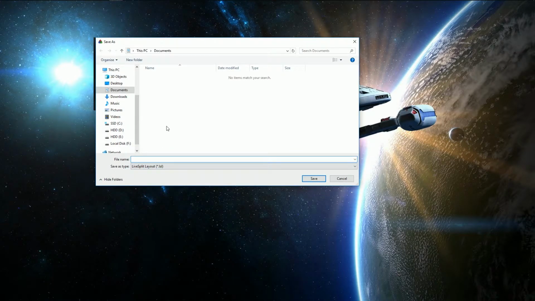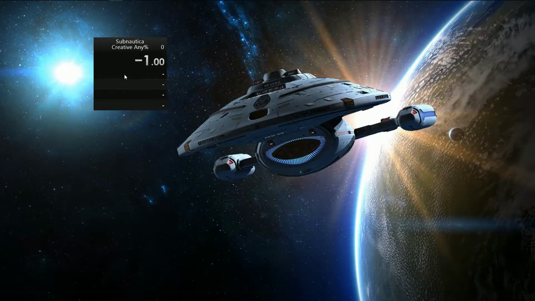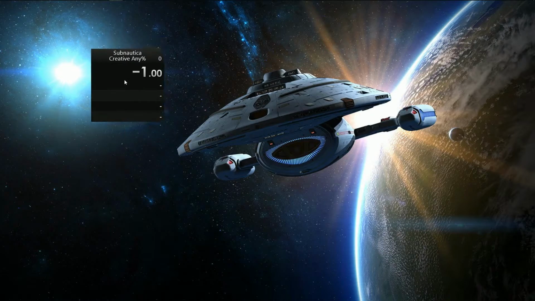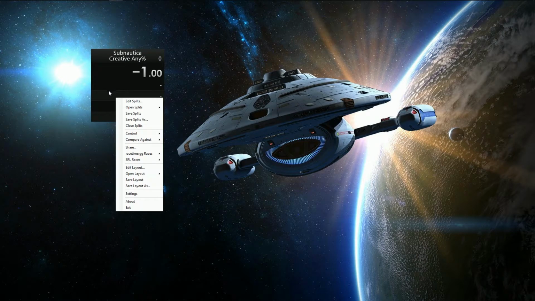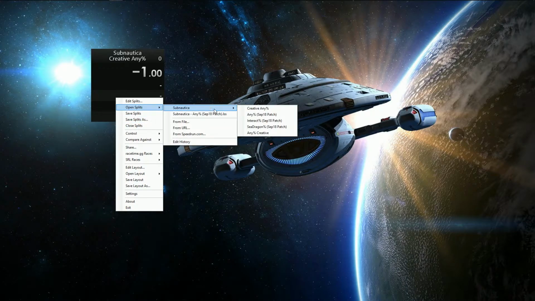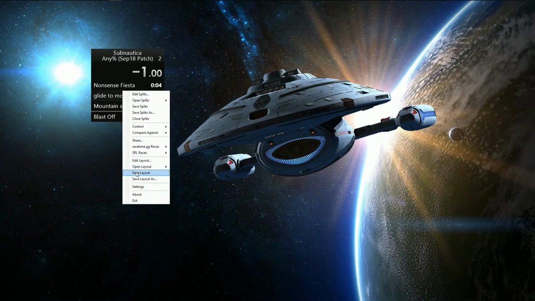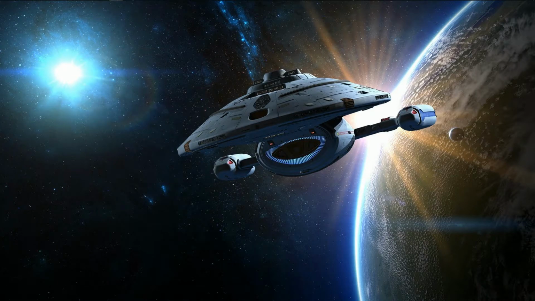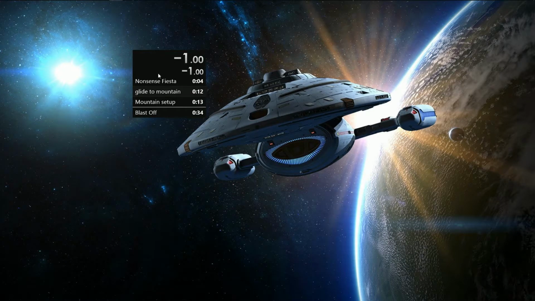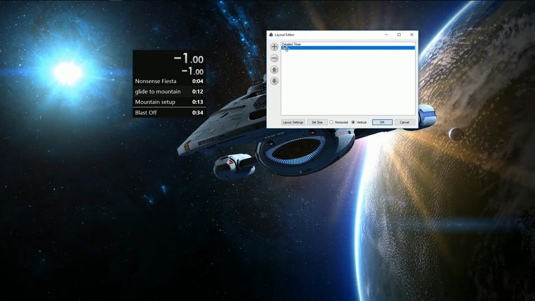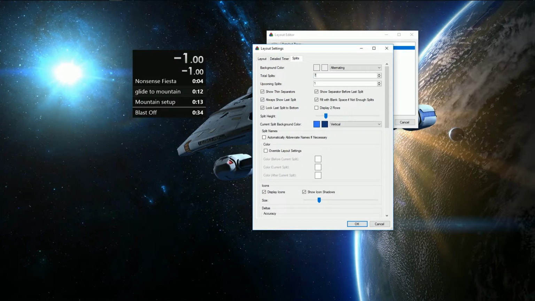and I didn't save my Any Percent layout, which doesn't matter. And then let's say I want to switch back to Any Percent. I just hit open splits, Subnautica, and then they're all your previous. So I want to hit Any Percent, and then I have my Any Percent splits again, and open layout and Any Percent layout. And of course this is the wrong layout because I don't have a layout right now, because I forgot to save it, so I have to enter it manually